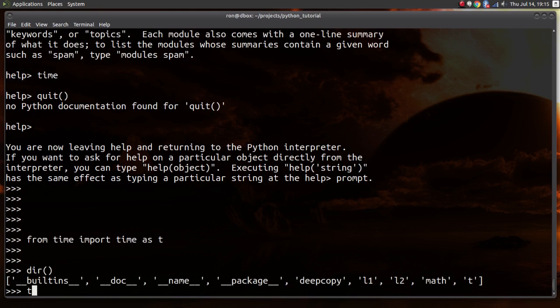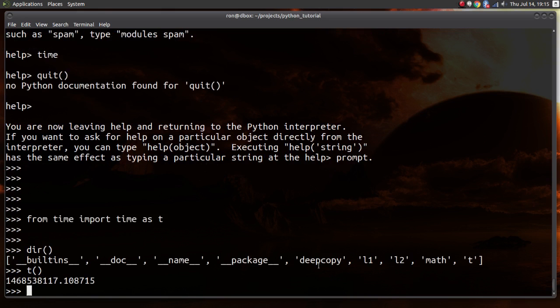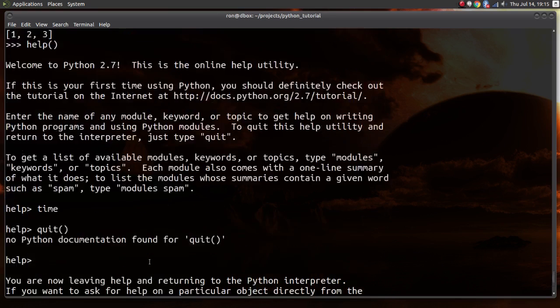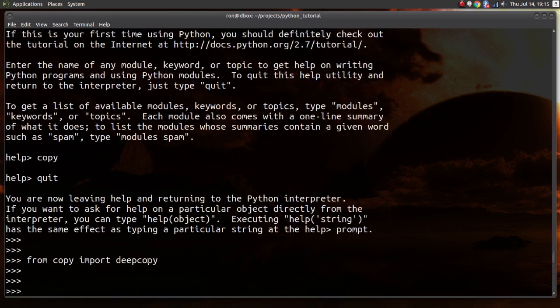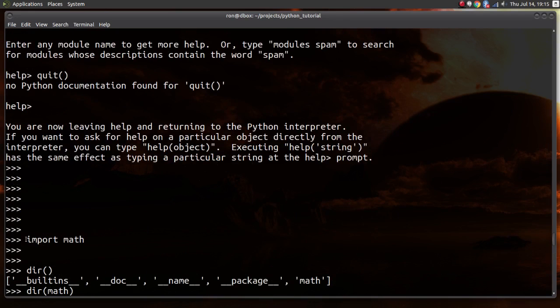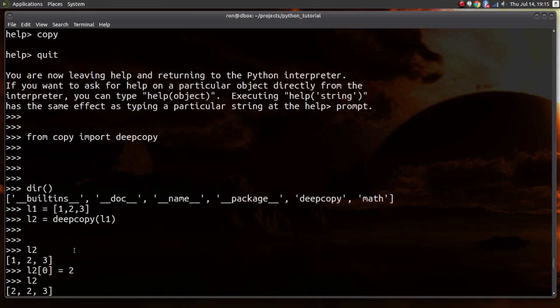So now whenever I run t, I'm going to get the number of seconds since epoch, right? As you can see here, we have a little bit of control over how these modules get imported. I can, if I can find it up here, probably not. It's probably buried a little bit. Oh, there it is. So I can import the entire module, or I can import a method within that module,